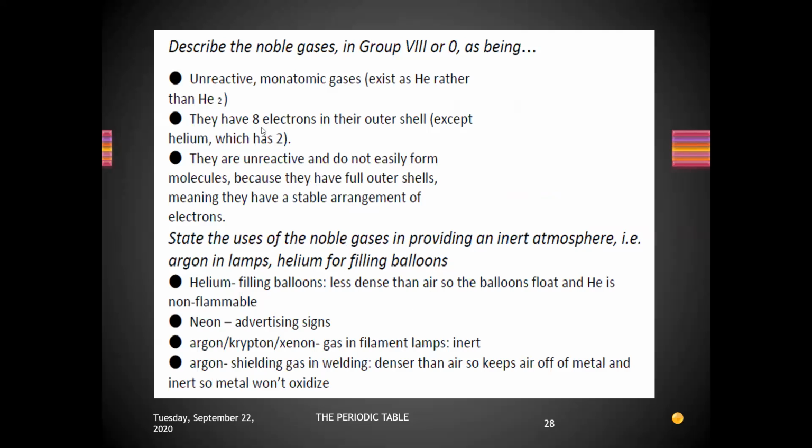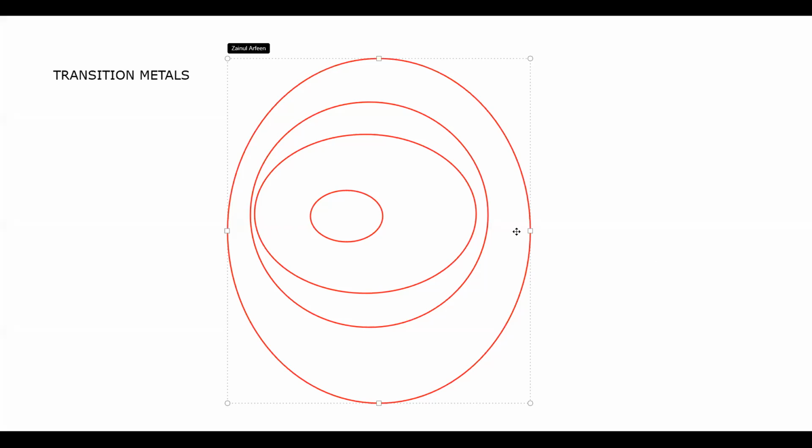I want you to copy this part for group 8 or group 0 elements. Recording, don't worry, I just paused the recording. When you're copying something,